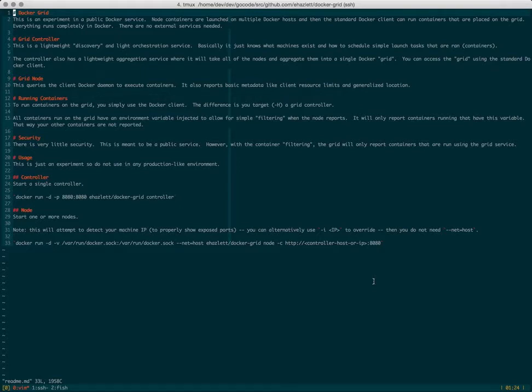I've been looking at the Docker cluster proposal from Docker, and working around the clustered Docker space. I wanted to create something a little bit different from what most are out there, so I had three ideas, or three principles, that form Docker Grid. First of all, this is aimed to be an experimental public